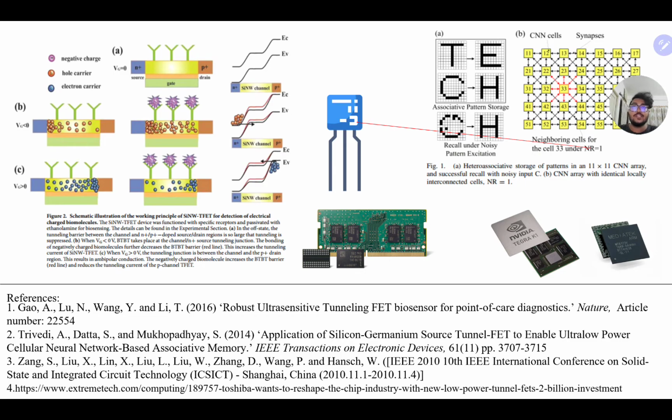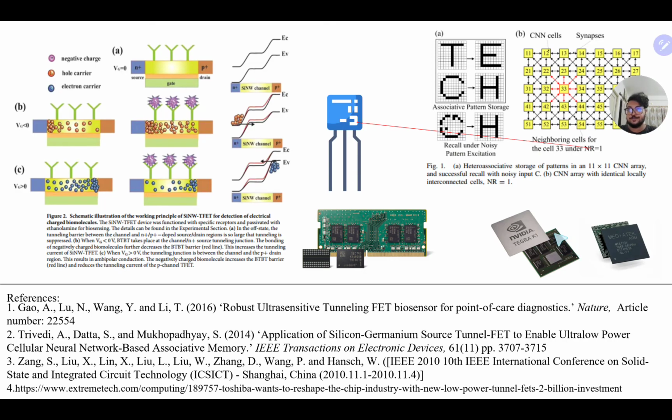T-FETs are currently seen as the next generation of MOSFET technology, and while uses of T-FET in consumer electronics are still at an early stage, moving forward it is a strong replacement for everything the regular MOSFETs can do. Companies like Toshiba and Samsung are committed to this new technology for FET devices,